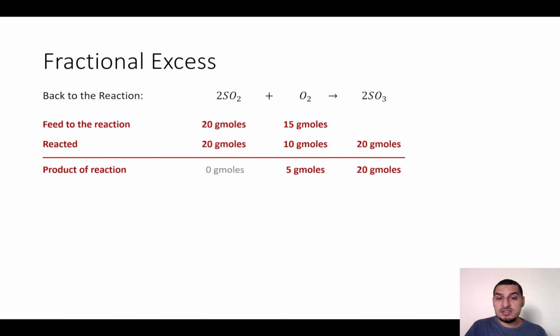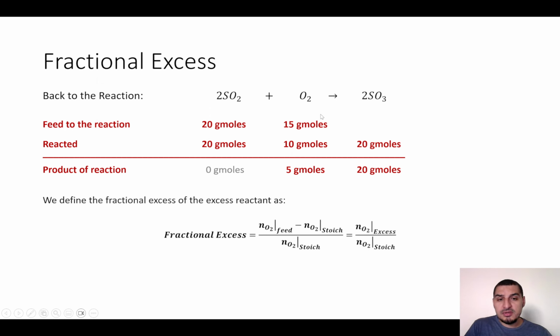So the fractional excess is defined as the excess amount divided by the theoretical amount. The excess amount is the number of moles of excess reactant in the feed, which is the 15, minus the stoichiometric amount, which you can call the theoretical amount, which is the 10 gram moles. And you divide them by the theoretical amount. So the 5 is the amount in excess, so it's the excess number of moles of oxygen divided by the stoichiometric amount of oxygen. And in this case, if you calculate this, it's going to be 5 divided by 10,